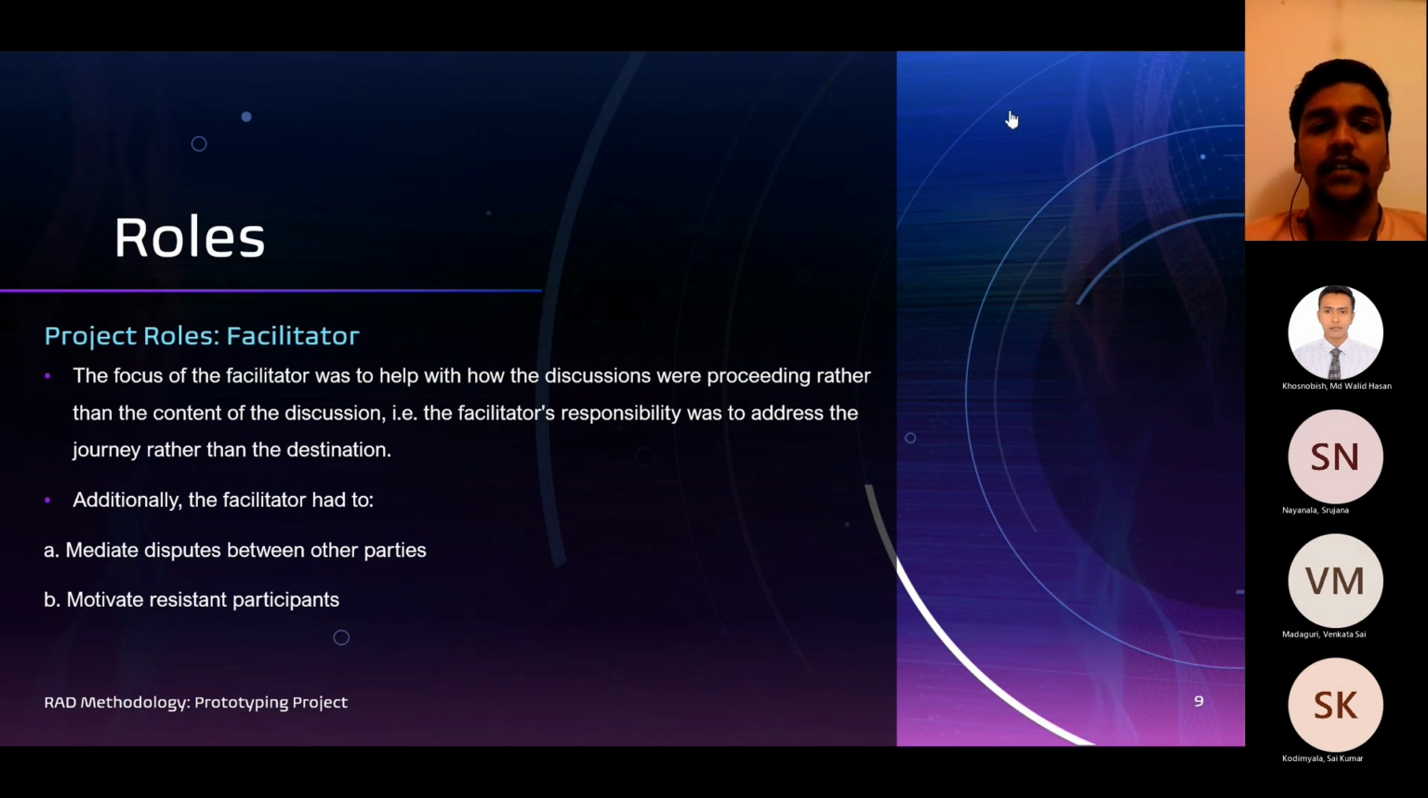The focus of the facilitator was to help with how the discussions were proceeding rather than the content of the discussion. That is, the facilitator's responsibility was to address the journey rather than the destination. And additionally, we needed to mediate disputes between other parties, motivate resistant participants, and next, the facilitator facilitates